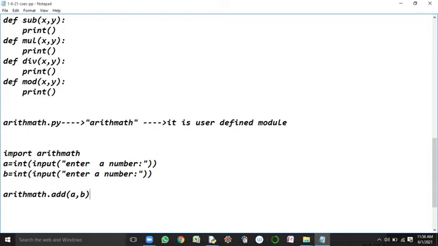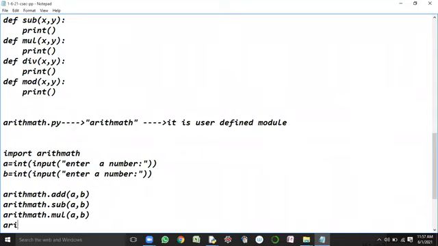Similarly, to call the subtraction and multiplication functions, what do we have to do? Specify the module name, which is arithmath, dot subtraction of a comma b. Then to call multiplication, arithmath dot multiplication of a comma b.